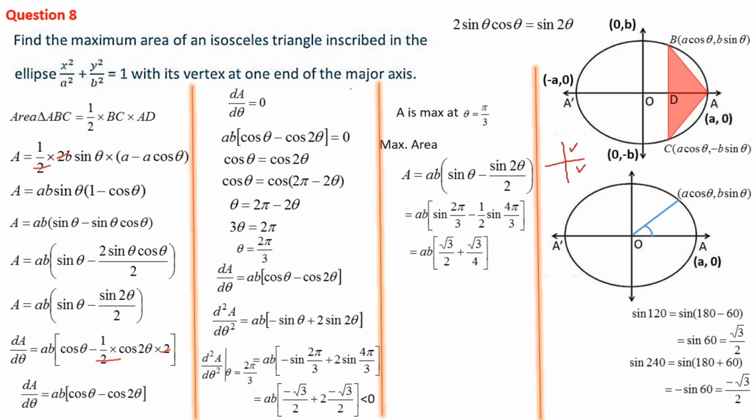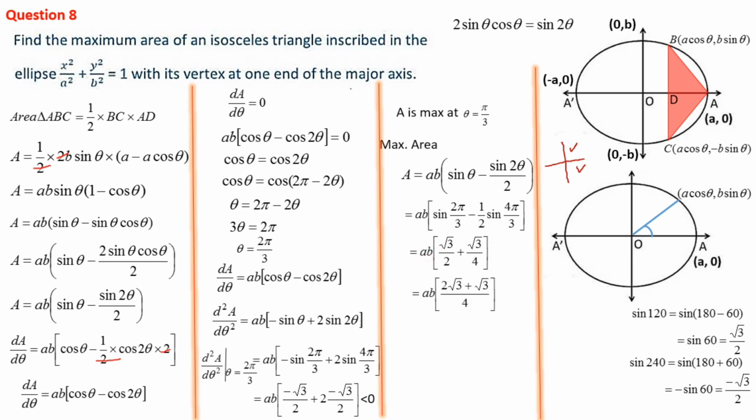Then AB into sine 2 pi by 3, we have calculated the value of sine 2 pi by 3 here, that is minus root 3 by 2, plus sine 2 pi by 3, we have calculated the value as root 3 by 2. Sine 2 pi by 3 we have replaced with root 3 by 2, plus here minus 1 by 2, minus 1 by 2. Then sine 4 pi by 3 we have calculated here as minus root 3 by 2. This minus root 3 by 2, and this minus means plus. Then root 3 by 2 is there, here also denominator 2 is there, so root 3 by 4 will be coming. Calculations, do it mentally.